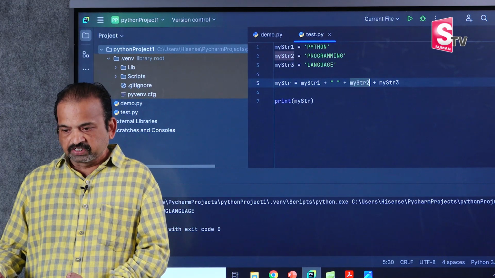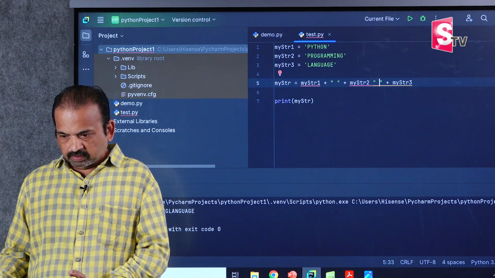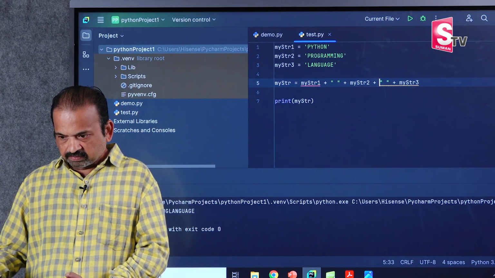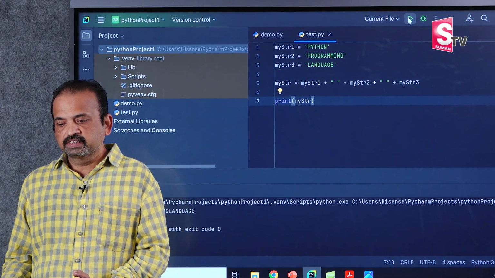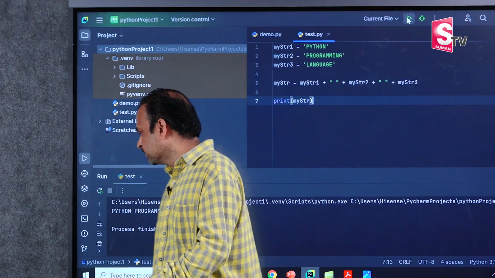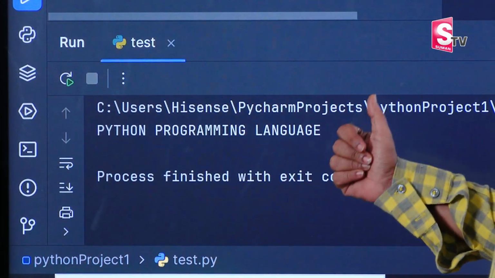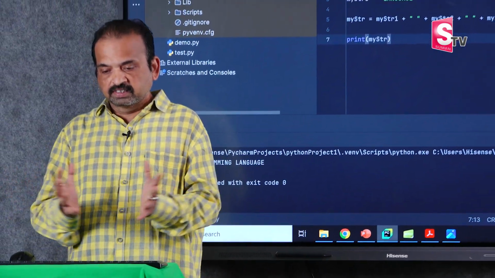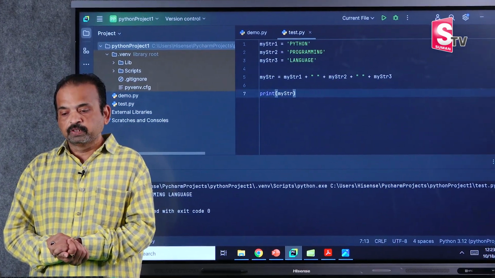Again, after mystr2, one more space character, plus mystr3. Now we will run this. When you run this, now you will get a space between Python, programming, and language. So this is a way to concatenate 3 strings or 4 strings, whatever, by using the plus